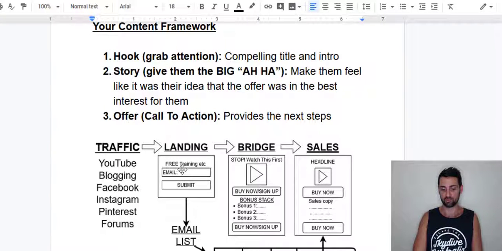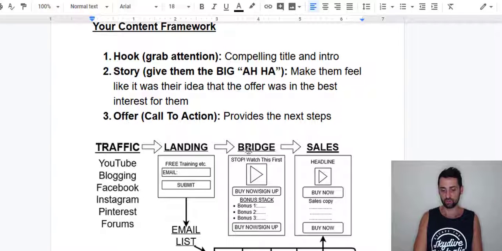But depending on what you're promoting, you might either be giving away a free training, or potentially what you're actually promoting is a free training. So when you're promoting the free training here, they're not actually registering for the free training until they hit this page, and then it's in the training that they're sold the product, if that makes sense, by the product owner. Or it could be you've created a free training yourself, and then you're delivering the free training within the email, and then from this page you're sending them to the product that you're promoting directly.